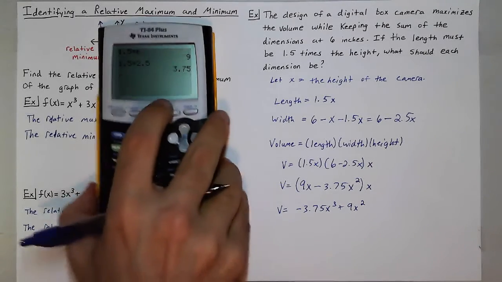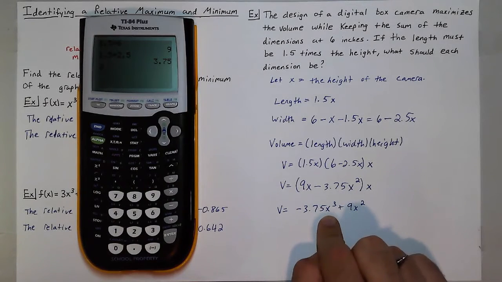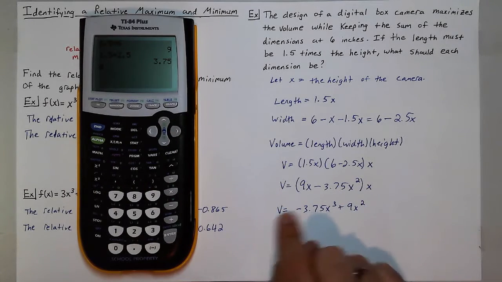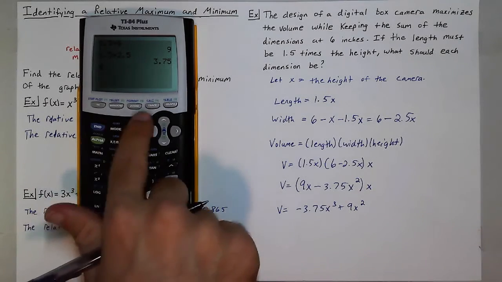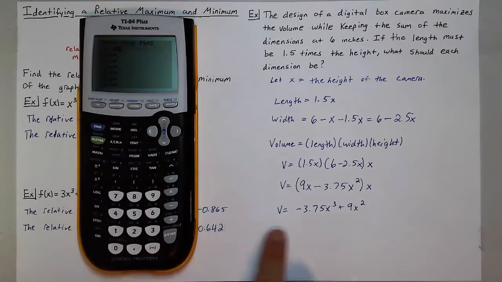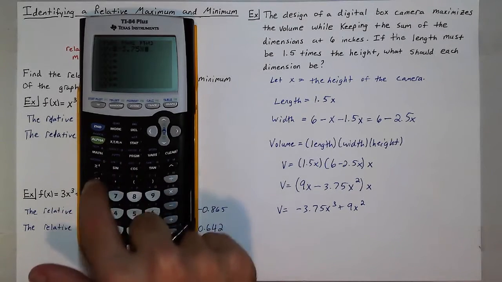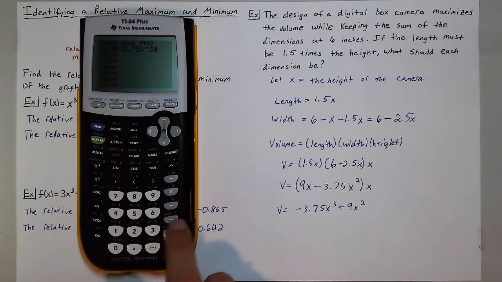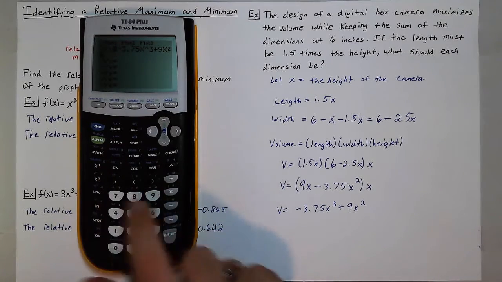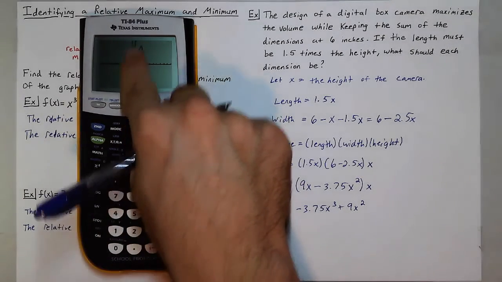So now we want to figure out what dimensions would give me the maximum volume. So this is my formula for volume. So I want to find the maximum. So I'll actually go to y equals and input this polynomial, negative 3.75x to the third plus 9x squared. And I'll graph. So you'll see here that I get this nice